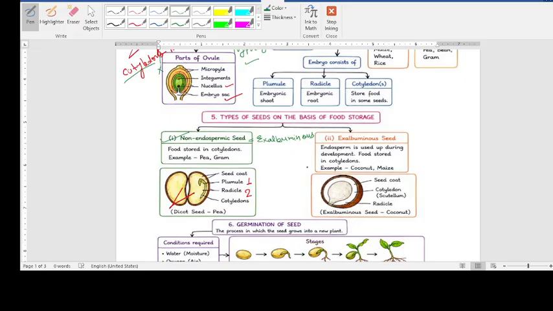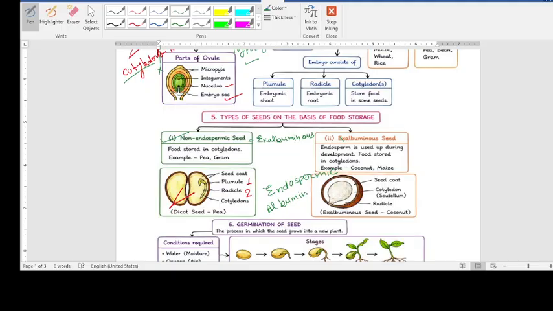Now, non-endospermic and ex-albuminous, these two are the same. One more seed we have to take here which is missing, that I'll be telling you. This is not ex-albuminous, this is endospermic. Coconut, if we are talking about, this is an endospermic seed or albuminous seed. It is called endospermic because whatever coconut water you are drinking is actually the liquid endosperm. So this is called an endospermic seed, or it is called